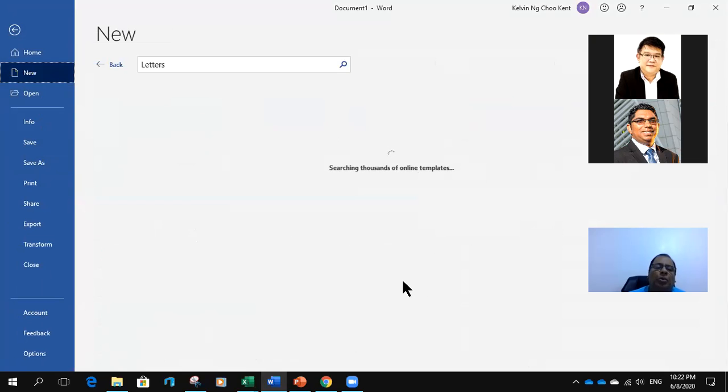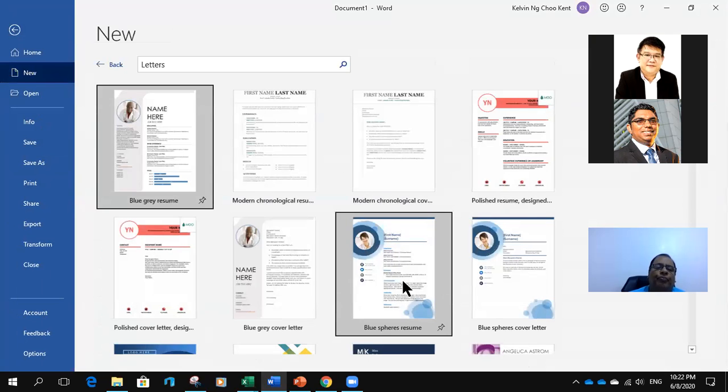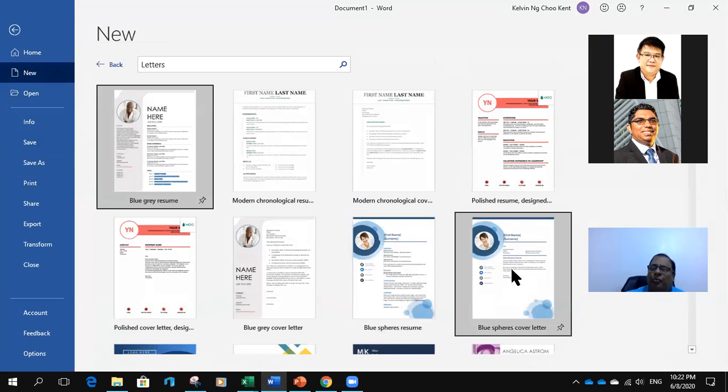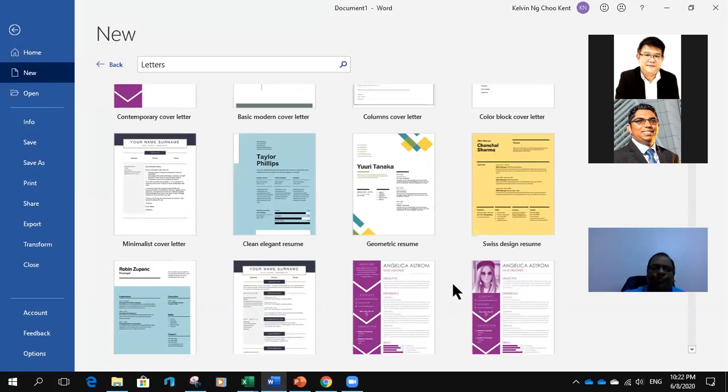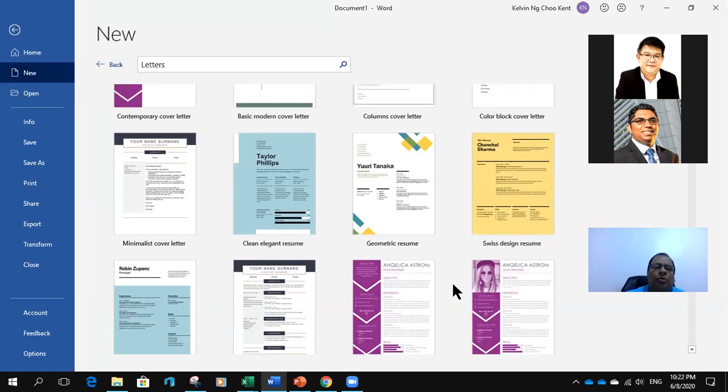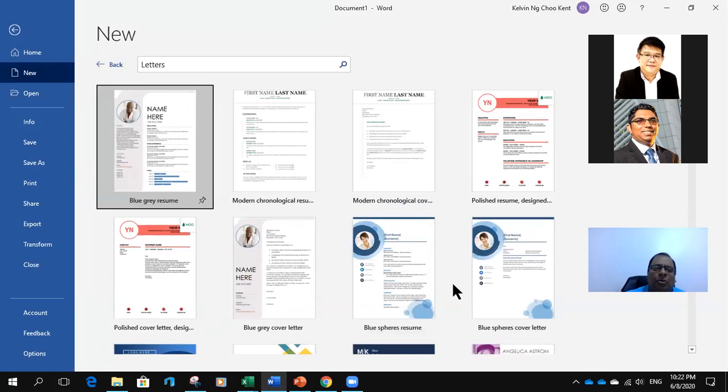There are resumes. If you do not know how to write a cool resume, you can. You see, these are some very nice resumes that you can just click and then just replace with your picture, and your document is done. So they are very, very nicely done documents available. Okay, so please explore this tip number 1 here, which is the templates.